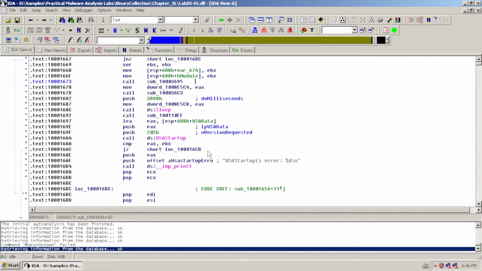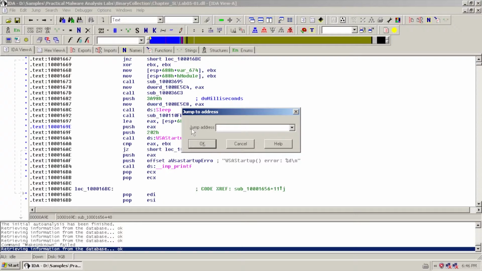Question number 10, we are halfway there. A few hundred lines into the subroutine at 1000FF58, a series of comparisons use memcmp to compare strings. What happens if the string comparison to robot work is successful? Once again, we're going to use that G shortcut key and hop to the address that we are given, 1000